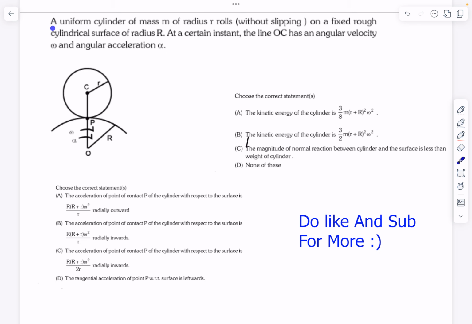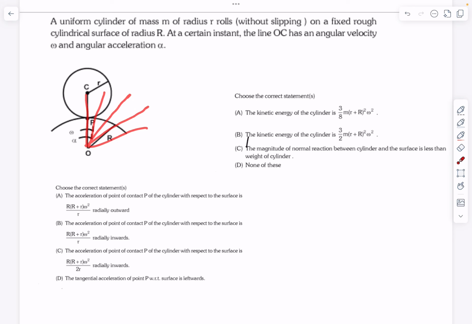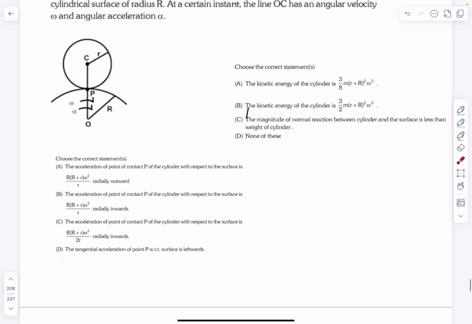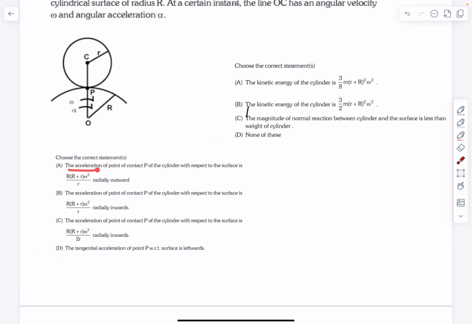In this question we have a uniform cylinder whose mass is m and its radius is r, and it's rolling without slipping on a fixed rough cylindrical surface of radius capital R. So it's rolling on this surface basically. So the bottommost point has a zero velocity. At a certain instant, the line OC has an angular velocity and an angular acceleration. Basically this line is rotating with some angular velocity omega, and it also has an angular acceleration of alpha. Then the first question is asking us what is the acceleration of point P, which is this